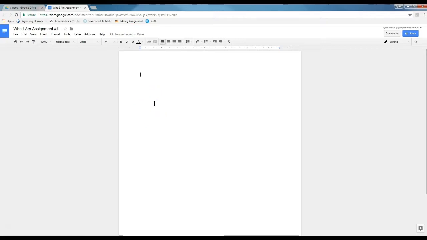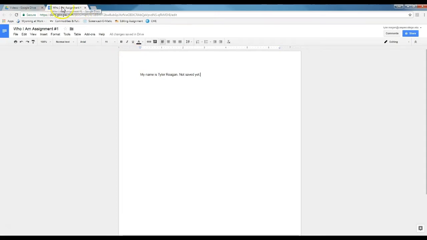As you are typing something, it is automatically saving in this Google Docs, which is saving to your Google Drive. So in this Google Docs, whenever you type something, it is automatically saved to your Google Drive. So if we started typing on here, and as you can see, I have not saved anything. So I am not clicking anything and I'm not going to save it. And I exit out of this